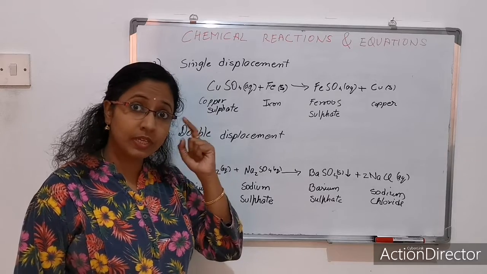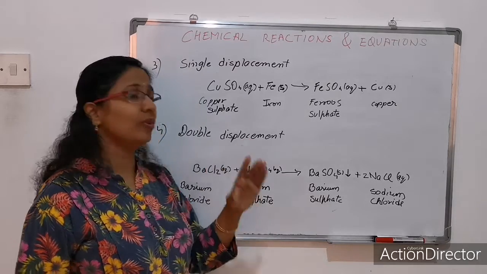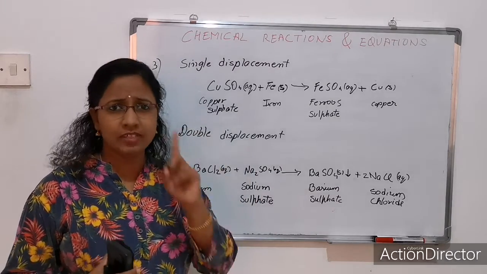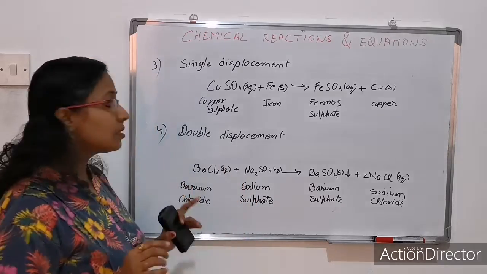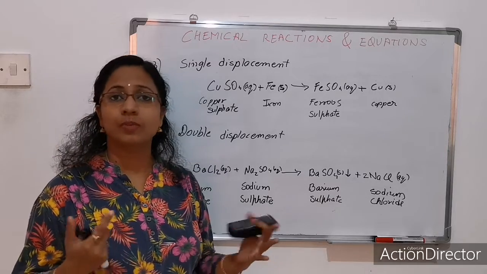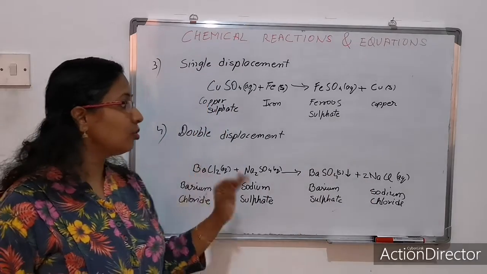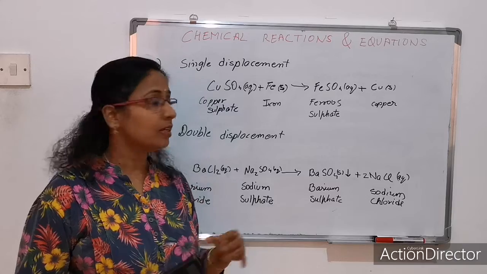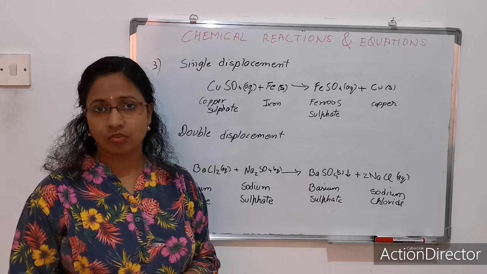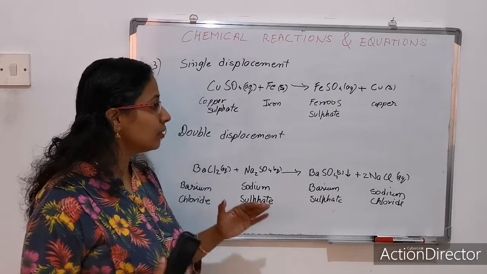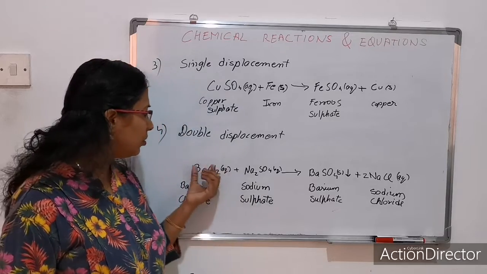This should be learned. Learned means when double displacement is asked, don't try to form one on the spot. You have to have at least one example ready. On the spot you can say, yeah, BaCl2 plus Na2SO4 gives BaSO4 plus NaCl. No need to learn the balancing. This you have to practice. So first write this, learn the equations and then balance the equation. That would be better because that gives you practice of balancing also, and no need to learn it.